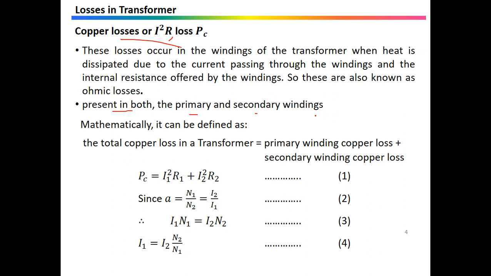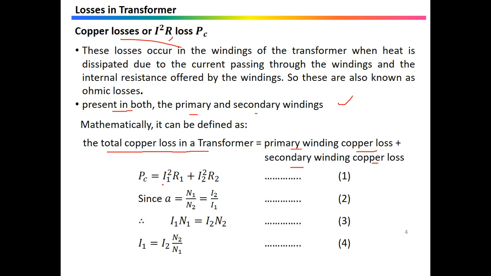It also depends on the load attached across the secondary winding. What amount of load is attached on the secondary side will also be considered for the calculation of the losses in the winding, that is the copper loss. The current varies with the variation in load, so these are variable losses. These losses will change as the load on the secondary side changes. So the total copper loss in the transformer will be the sum of the copper loss in the primary winding as well as in the secondary winding.